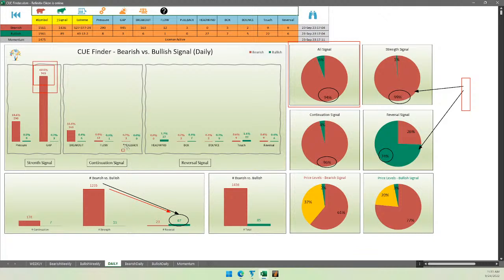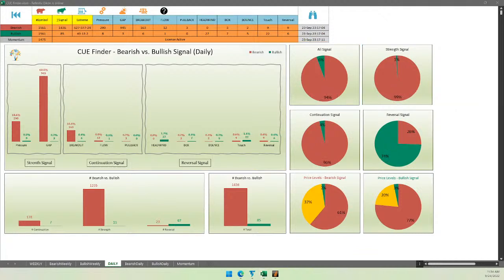Is it oversold? Yes. Here also we see the oversold condition in terms of technical breadth, and that is seen from the place from where the bearish signals are coming. They are coming from price extreme low. 61% of them are coming from price extreme low. Whenever this percentage is more than 50%, then we are in oversold territory. Again, it's oversold condition, but we'll wait for a buy setup, and it is too late to short.